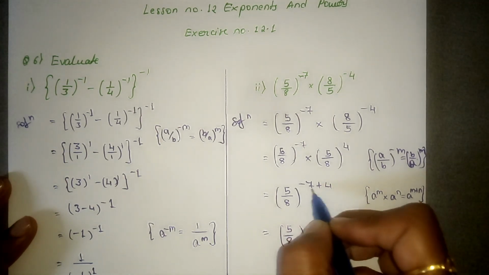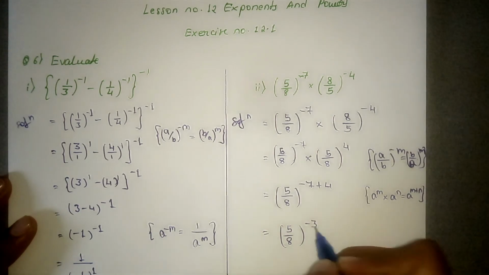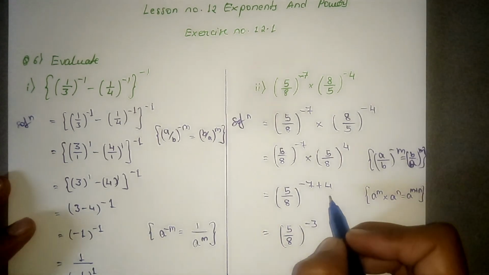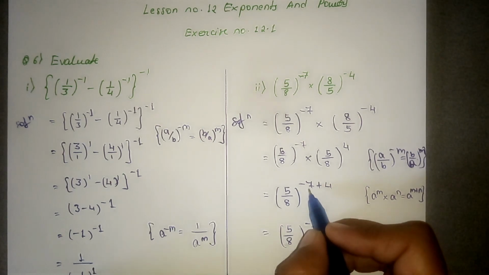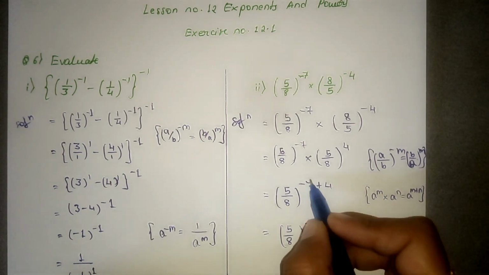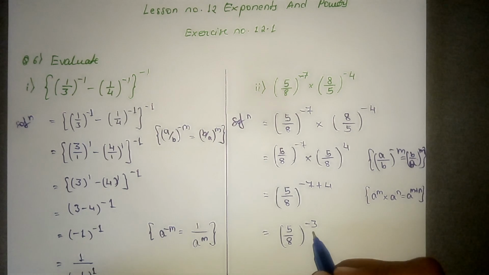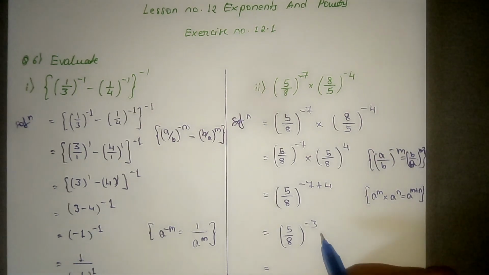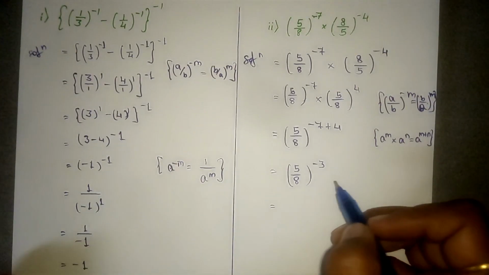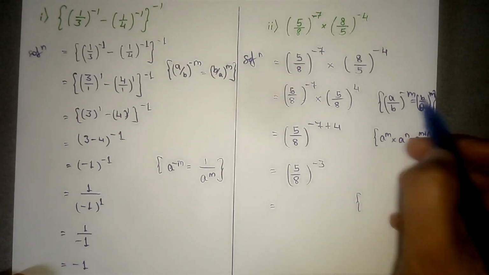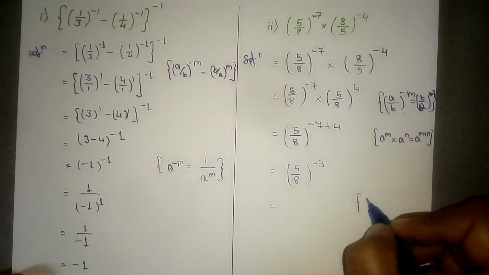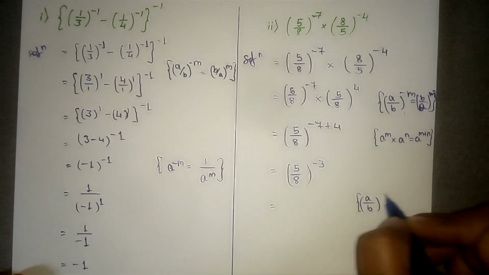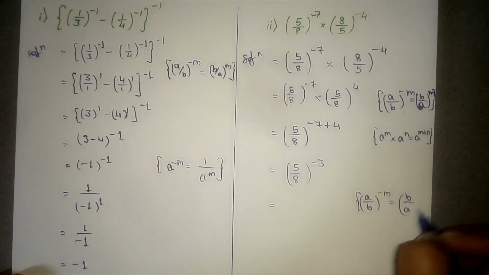So minus 7 plus 4 will become minus 3, as minus plus is minus, and here the sign of 7 is minus given and 7 is the greater number. That's why here we will write the sign of 7, that is minus. So here we got minus 3. Now again we have a formula to make this negative exponent a positive. So by applying that law we will make it positive, and the law is given which we have already used, that is a divided by b whole raised to the power minus m equals to b divided by a whole raised to the power m.